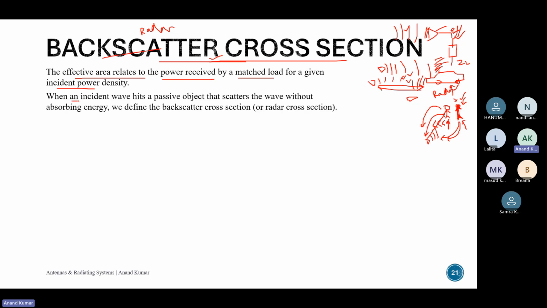When an incident wave hits a passive object that scatters the wave without absorbing energy, we define the backscatter cross section, or the radar cross section. This particular object is passive. That is, it is not a communication system where there is an antenna or some receiving device. It is some object which is not intended to receive. This passive object scatters the wave without absorbing energy. So this implies that